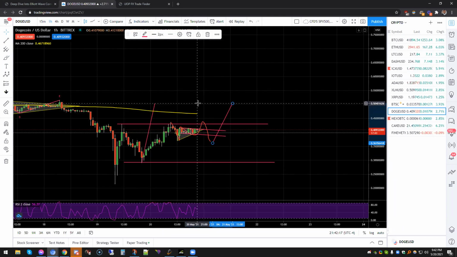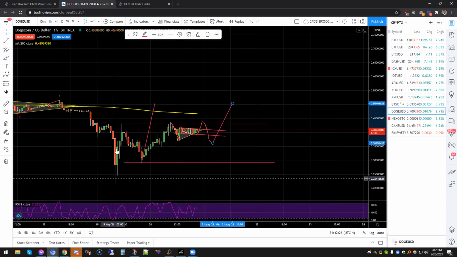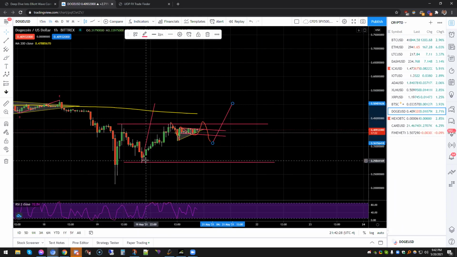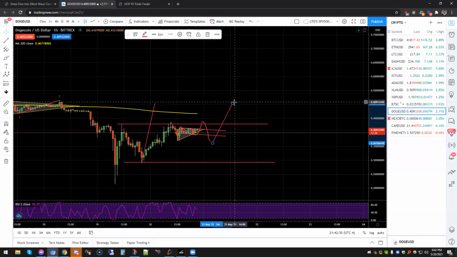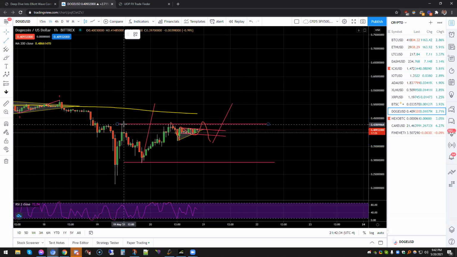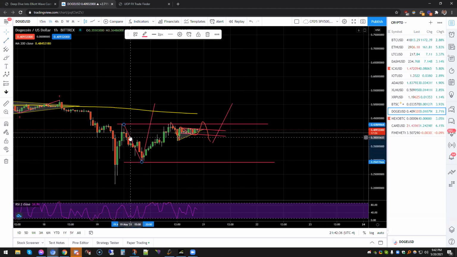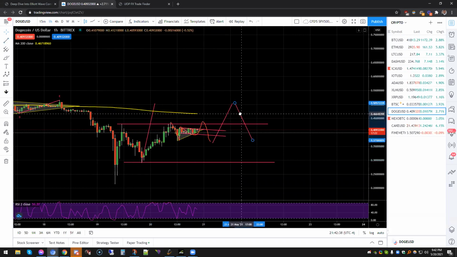Right here. Okay. So that would be 3 waves up. So this is most likely 3 waves as well. So 3, 3, 3. And then price could fall again, or price can give me this. This wave can come back at that point. So that wave can come back like that,